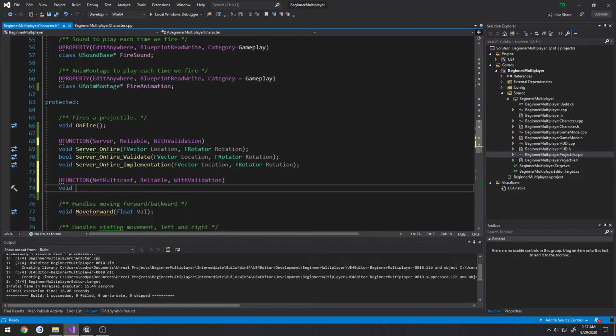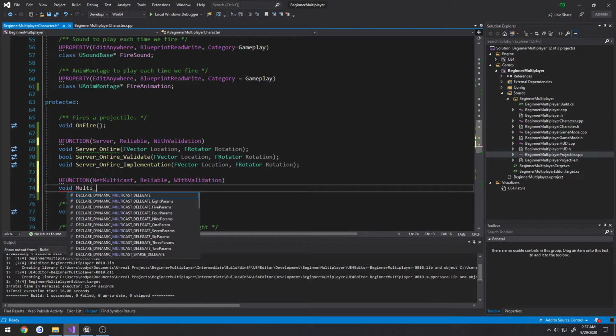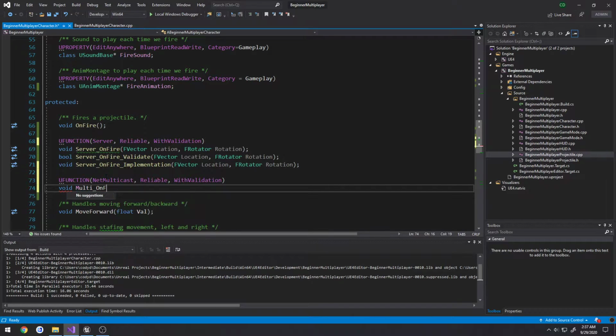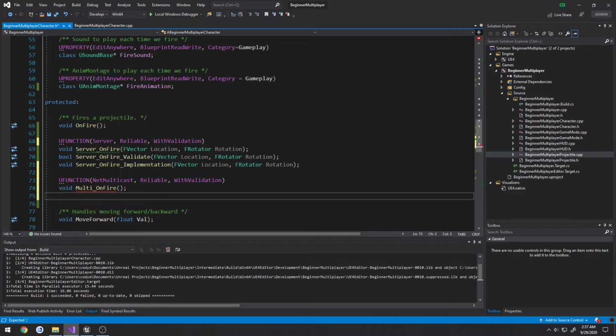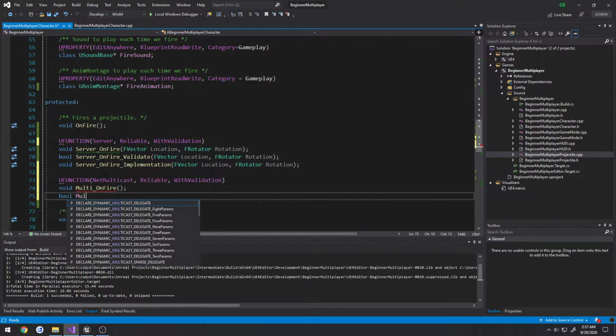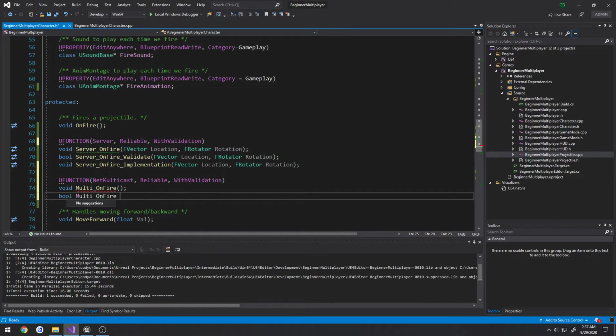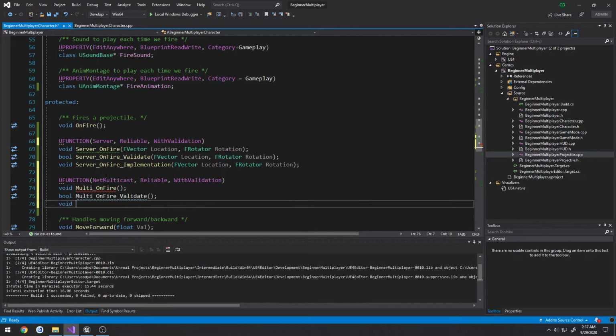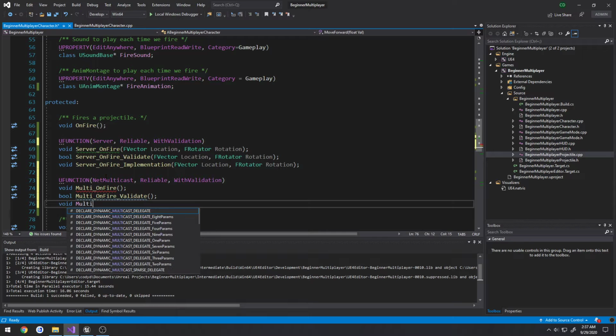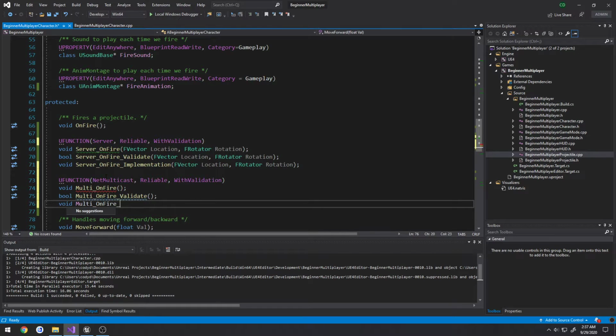Now we're going to do void Multi_OnFire. We do not need any parameters. We're going to do bool Multi_OnFire_Validate, and then finally, void Multi_OnFire_